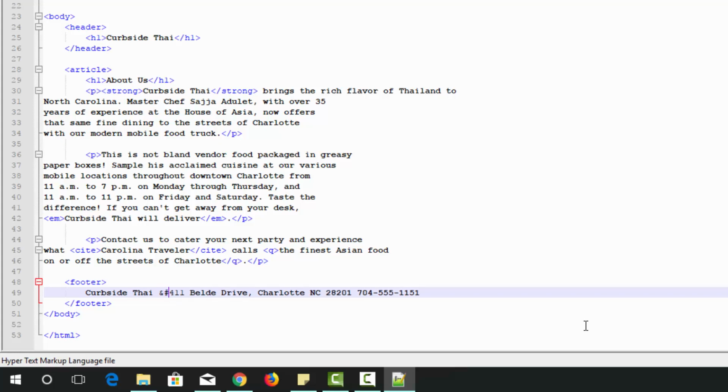pound. This is just the syntax that is required. 8226 semicolon. This is going to be a bullet. That's the code for a bullet. Now I'm going to click